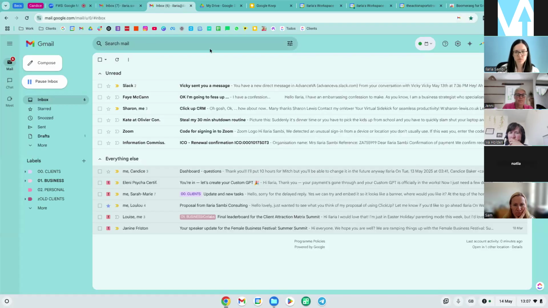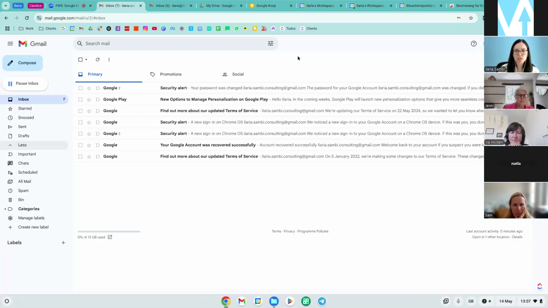So actually, I've got 2 different ones. This one is my actual Gmail, but this one is a new one that I started in 2021 and I never did anything with it. It's just for sampling purposes, for training purposes. So when you start a Gmail account, which is free, as I was saying...